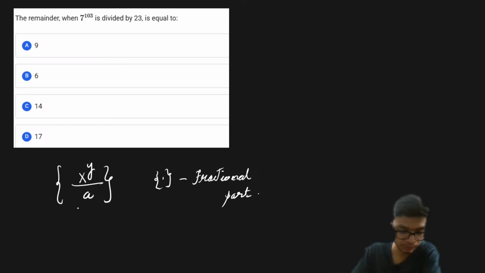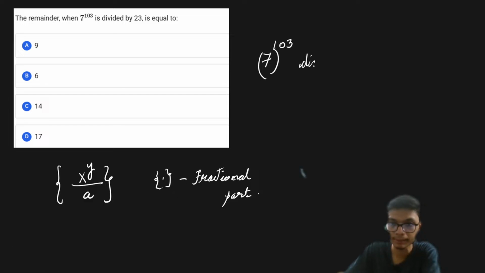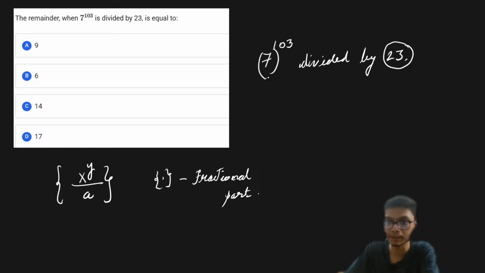We have the number 7 to the power 103, and it is divided by 23. We have to find the remainder, that is, what we are left with when we divide this big number by 23. To find out this particular remainder,